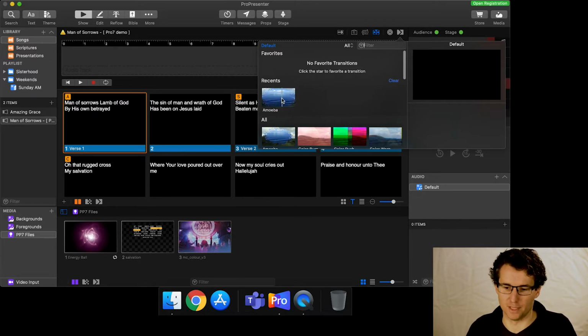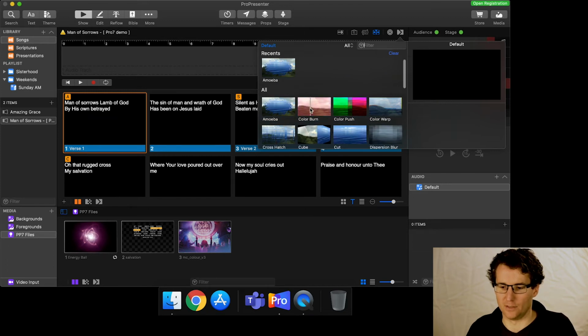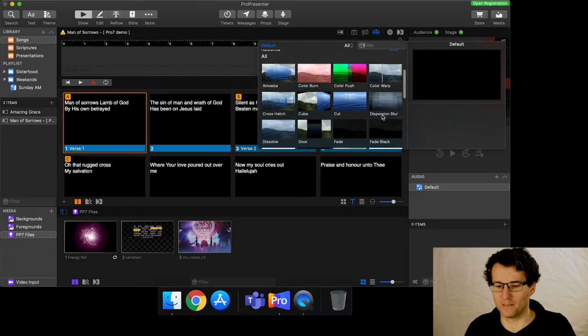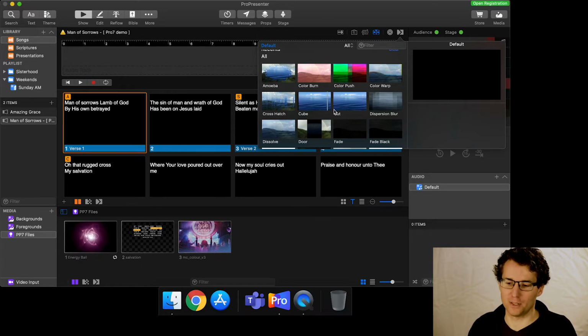This one is just a reveal. You've got color burns, color pushes. So all these kind of things will give you a very artistic transition. Now in a normal service, we wouldn't be using those. I think, like I mentioned earlier on in the course, I'm not really sure where I would use them, but